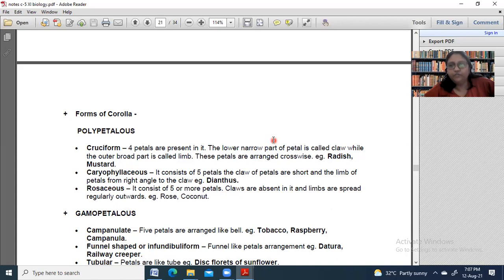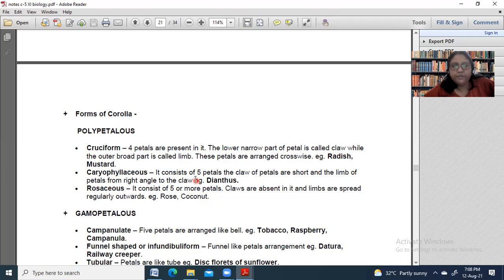There are yellow flowers. So many are there. I said that once you go out and look into different types of flowers, these are various easy parts which you can understand. Okay. Now these flower patterns can be polypetalous flowers, can be of various types depending on how they look.